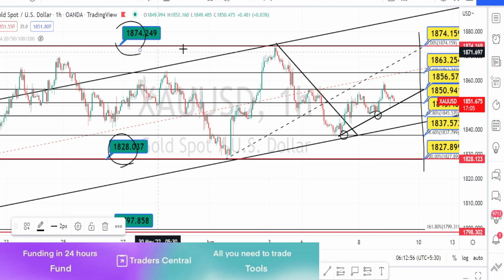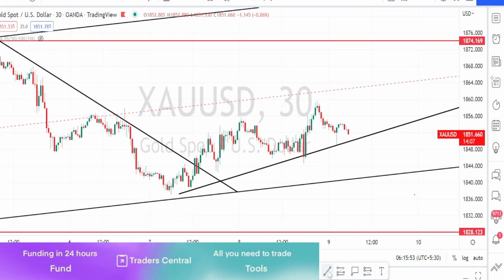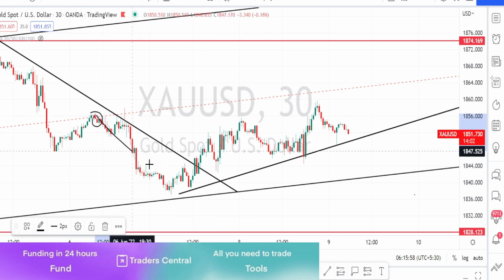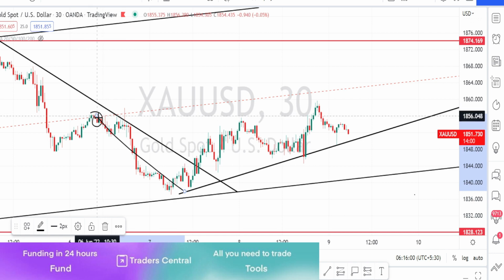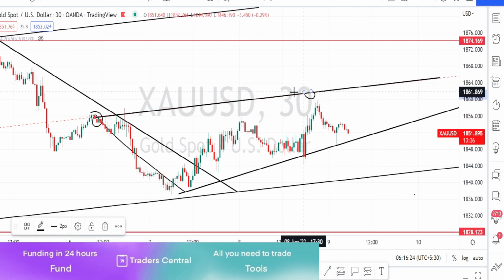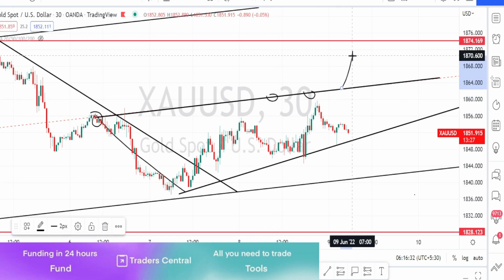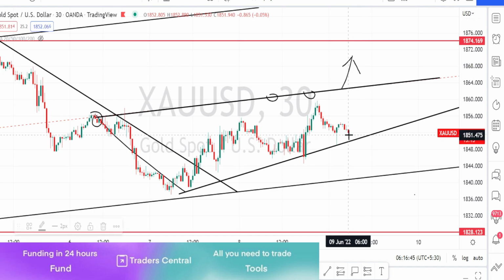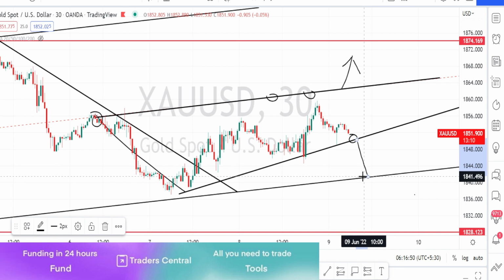Let us do the analysis in 30 minutes time frame. I'm in 30 minutes time frame. In the past we have noticed the price action to bounce back on the bearish side from this midline. So this midline is acting as a very strong resistance line for the price action in 30 minutes time frame. So wait for the price action to break this midline of the bullish channel pattern to take trades on the bullish side. And wait for the price action to break this trend line or support line to take trades on the bearish side in 30 minutes time frame.